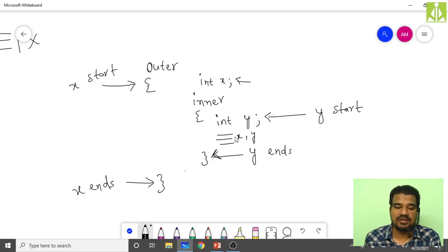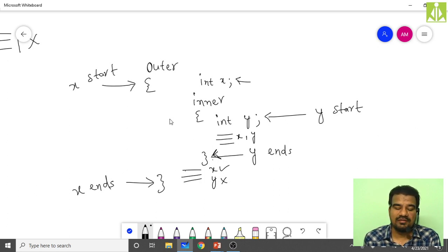Completely legitimate statement. Suppose I want to access X after the inner block, is it possible? Yes, I can, because X's lifetime has not ended and it is still existing, so you can access X without any issues. But can I access Y over here? At this point, it is not possible, because Y ends when you close the nested block. At that point the Y's scope ends, so you cannot access Y over here. So simply forget about accessing Y over here. Ultimately, you will get an issue over here.